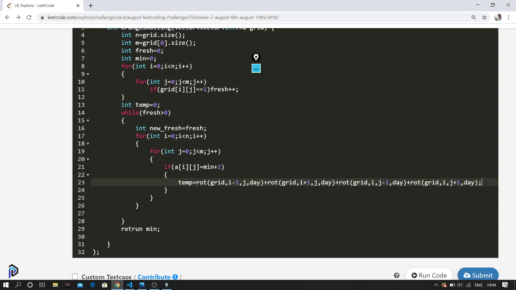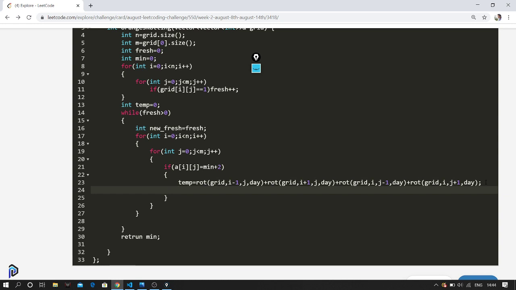After rotting, I update the new fresh. The new fresh should be new fresh minus temp, that is, how many oranges have been rotten due to this particular orange alone. So let me write the orange rot function.